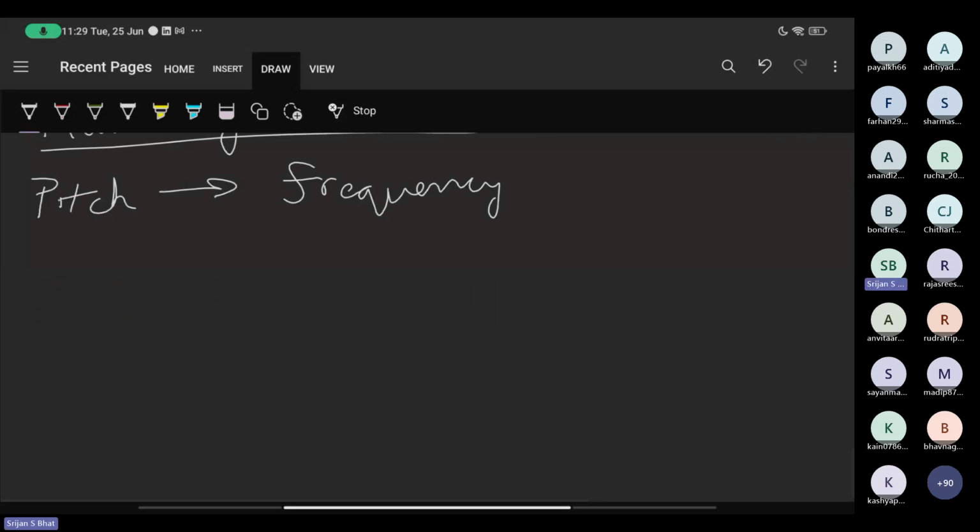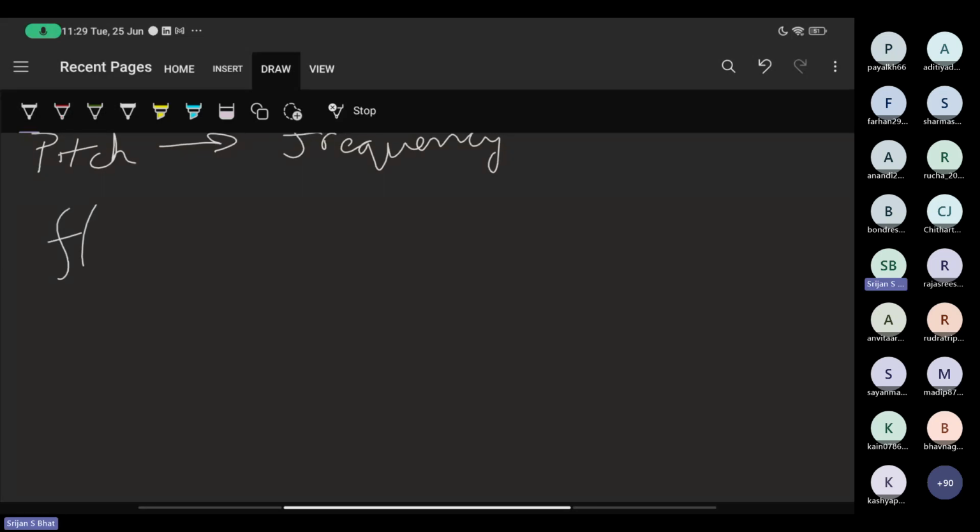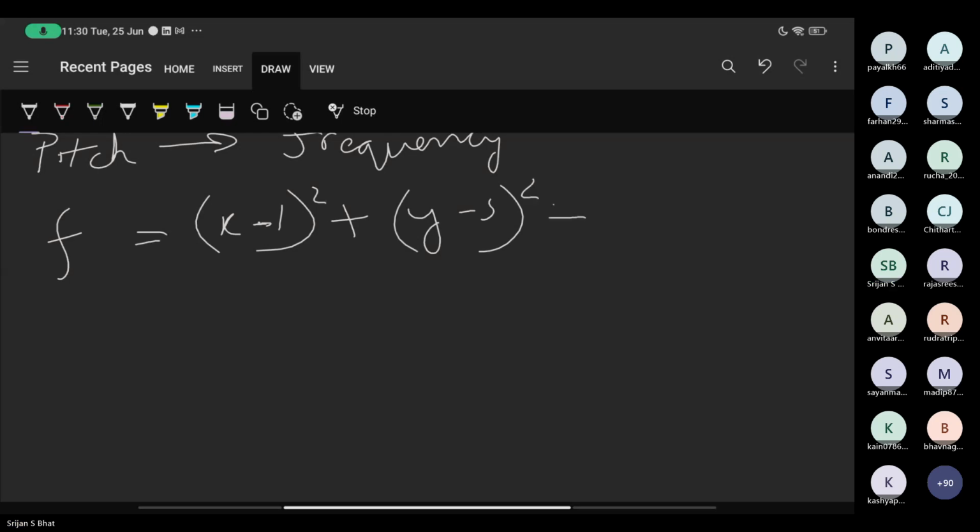I'll just explain this in terms of a problem itself. Say you have an optimization function that goes like (x minus 1) square plus (y minus 3) square plus (z minus 2) square plus 1, whatever.